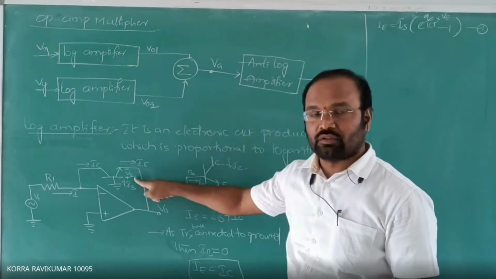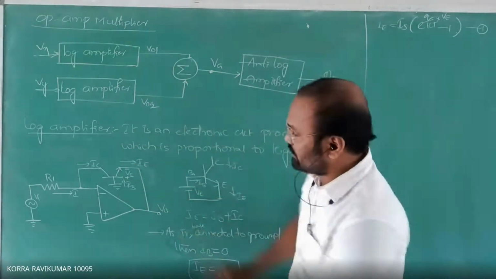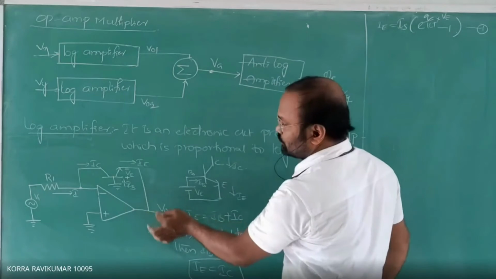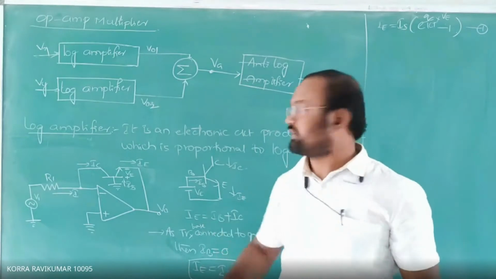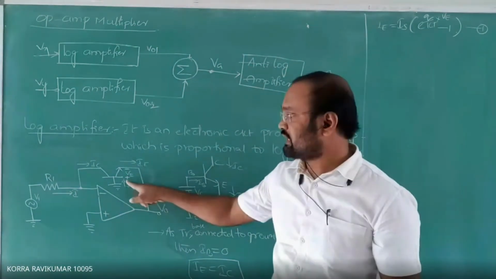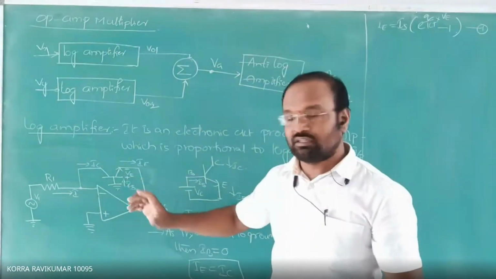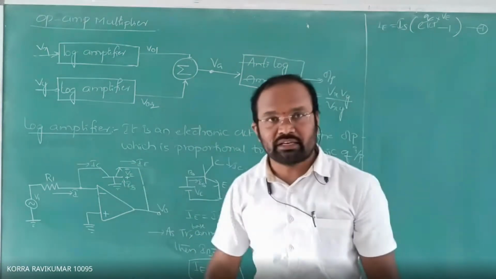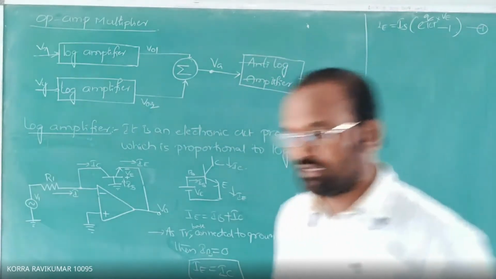Look, this is equal to V0. VE is equal to V0 because we are taking the output between base and emitter here, so that is connected to the ground. So V0 equals VE, but the only difference is the sign convention. Emitter is having negative potential, so a negative sign, and base is having a positive sign. So V0 is equal to VE, there is no change, but the sign convention representation is different. So V0 is equal to minus VE, right? If you write the expression for that, then the expression becomes